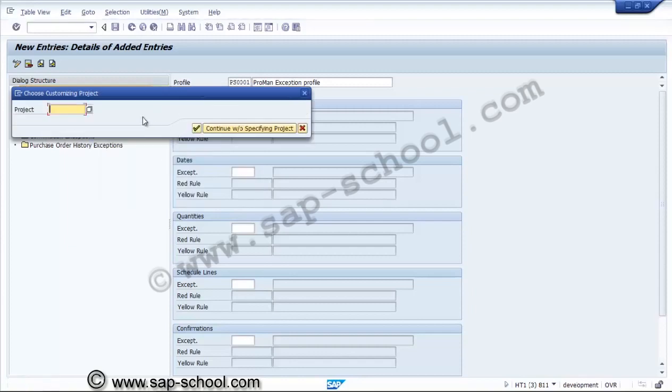So for the documents we will create exception rules. If we create a project in the customizing guide, we can consider a project. Otherwise, without specifying a project also, we can proceed for exceptions.